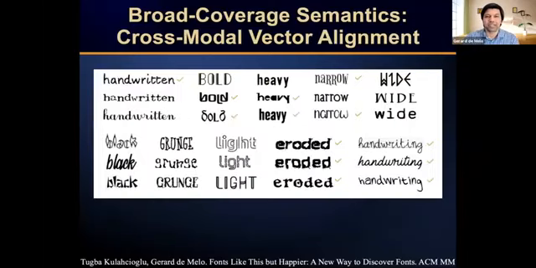Of course, the easiest thing you can do is just check for fonts that match any given word that you put in as input. And so these are some examples where we basically just tried to recreate the font tag assignments that were already in the data. And it works quite well, and it also finds new fonts that previously did not have that tag. And so with our method, we can show that although it didn't have the tag, we can still find the fonts given the search keyword.